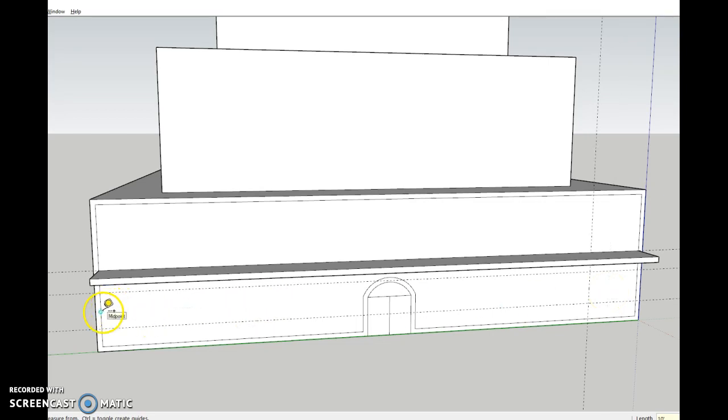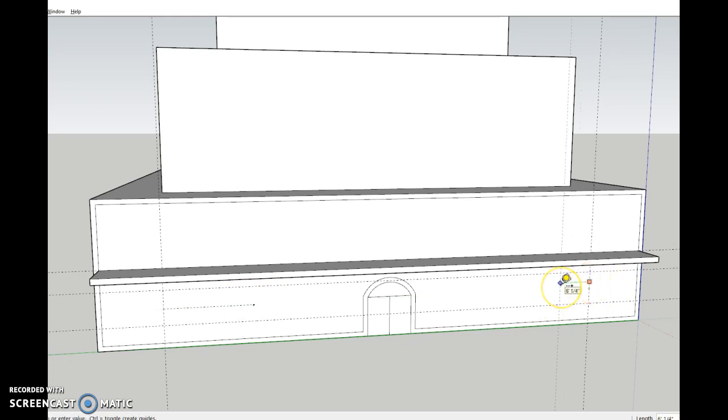Do the same thing from the other side. Click and pull 10 feet. And then from, well, let's try that again. 10 feet, enter. Now from here, we're going to click on it again. We're going to come over. This time we'll come over 15 feet. So 15 feet, enter. I don't have to put a whole line there, but I can if I wanted to